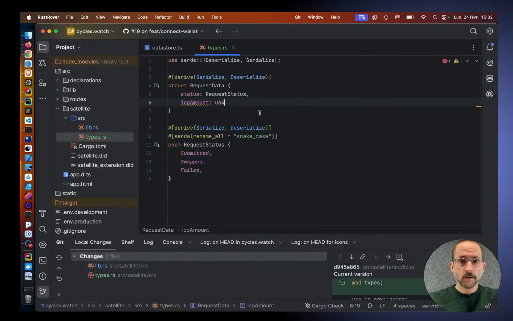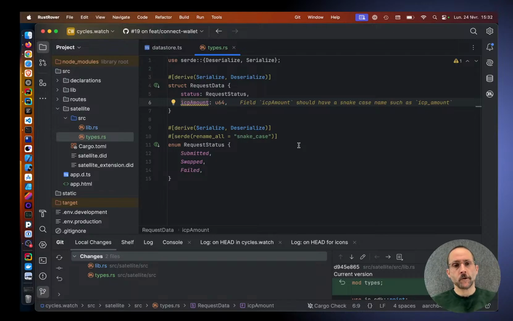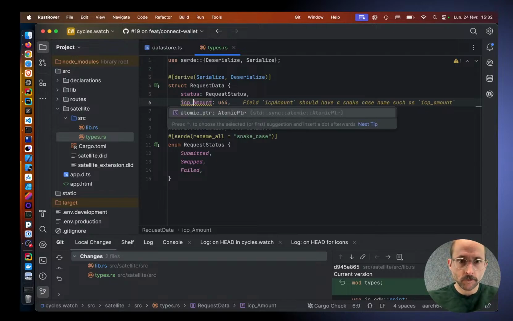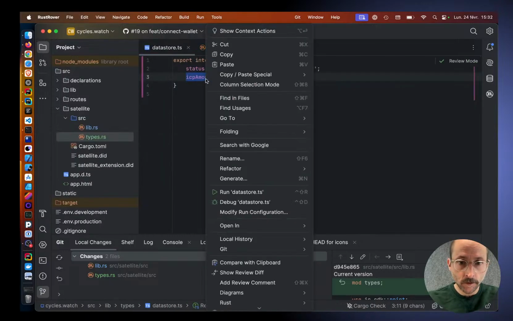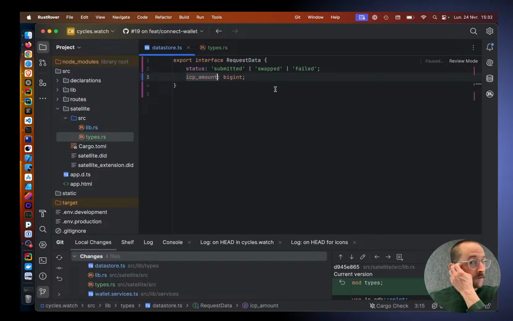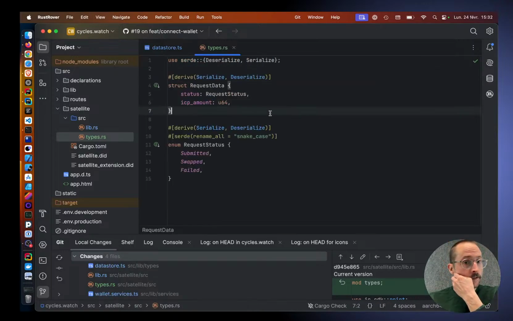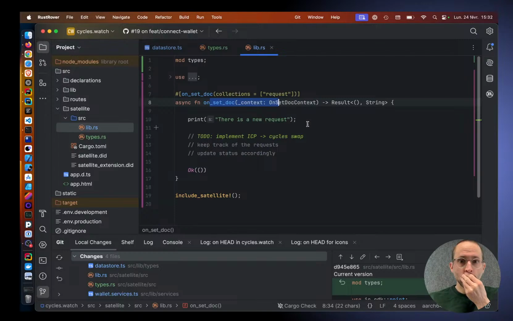Okay. Yeah. Okay, so let's rename that with sneaky. It's not a big deal. Alright. And now what we can do is, when we get to this point,